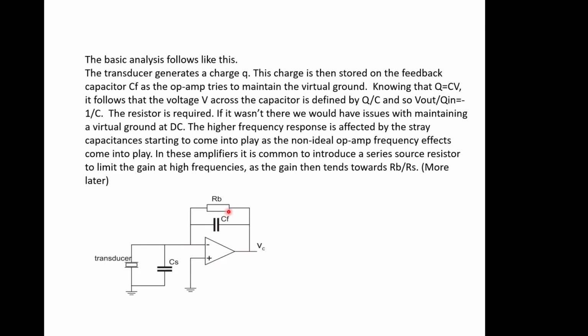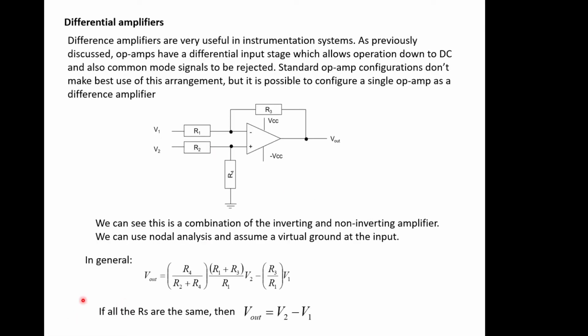roll off towards RB over whatever resistance we've put in here, as these capacitances go short circuit at high frequency. So it will tend towards just being a voltage amplifier, which means that these effects go away. Anyway, don't worry about that too much at the moment. We will do more on charge amplifiers a little bit later when we do a case study and an example of a real system. So I think the last basic amplifier configuration we need to look at is